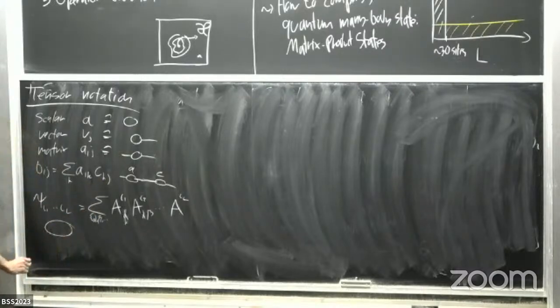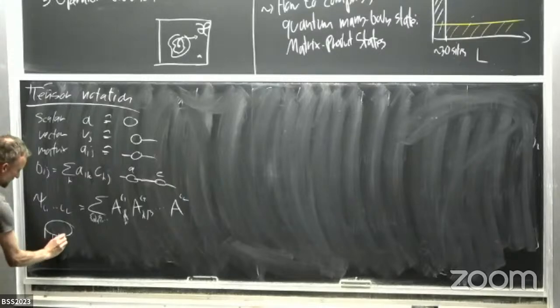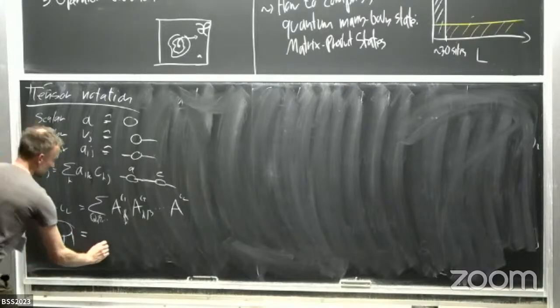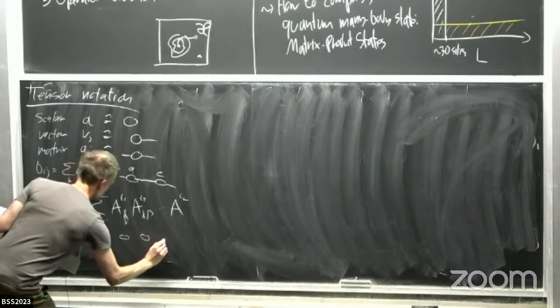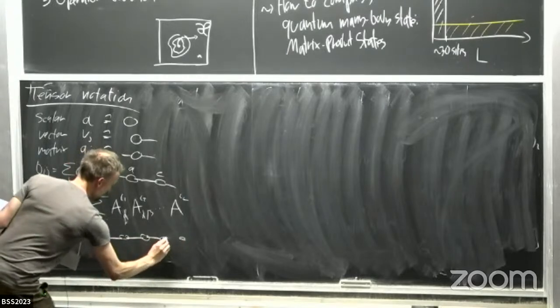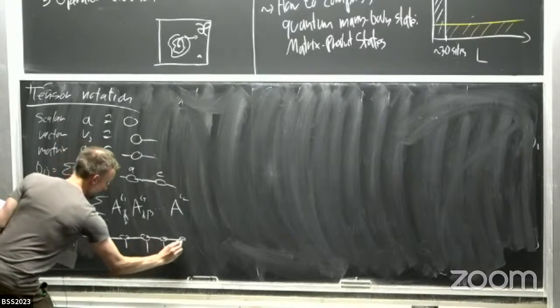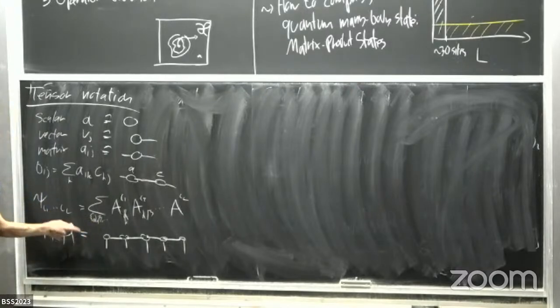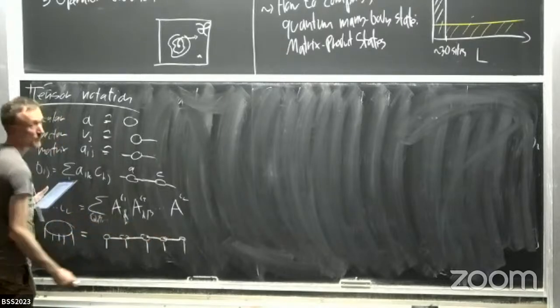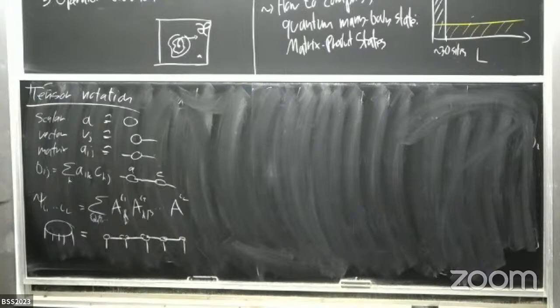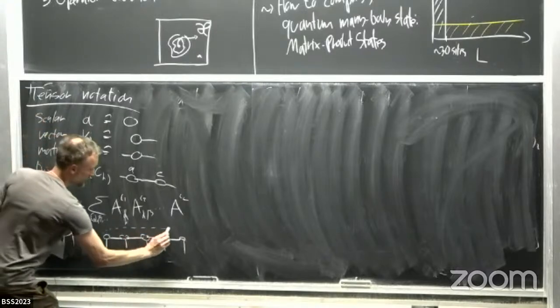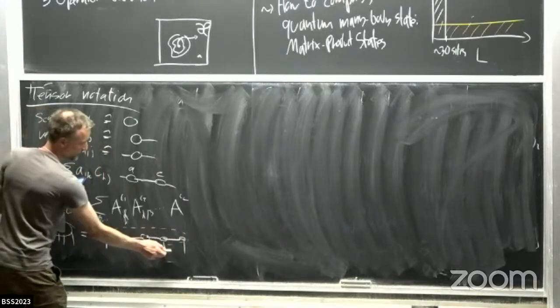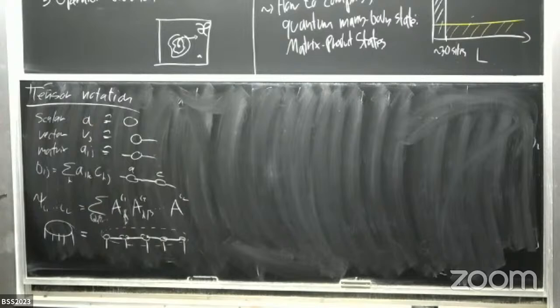So the many-body wave function is a blob where we have L legs sticking out. And now I'm writing this in terms of a matrix product state. We just multiply the matrices and we leave the physical leg untouched, right? So now we have a representation of our many-body wave function. It's an order L tensor represented as a product of these order 3 tensors. And then you can also make a sanity check: after contracting all of these tensors, you should get back a tensor which has the right number of legs. Otherwise, there's a problem.